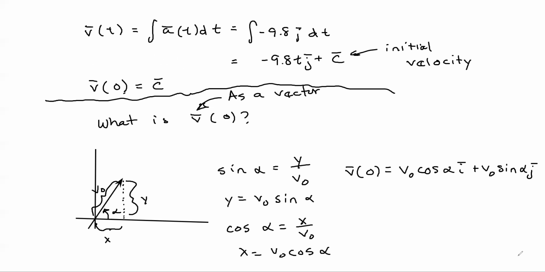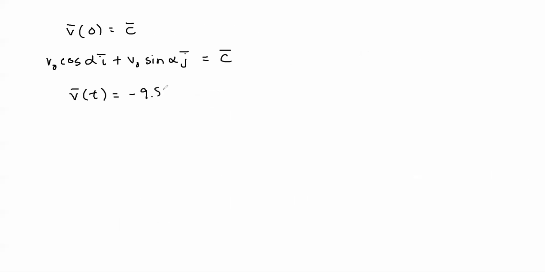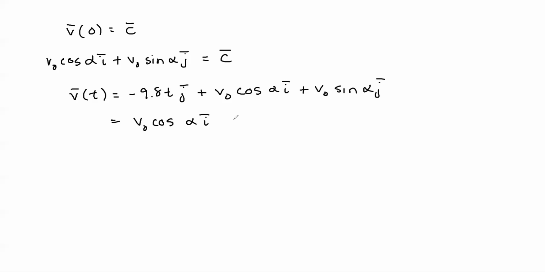So we're going to have negative 9.8 t j plus v naught cosine alpha i plus v naught sine alpha j. And then if we combine the components here, we're going to get v naught cosine alpha i plus v naught sine alpha minus 9.8 t